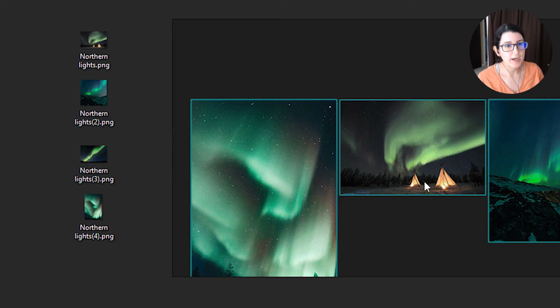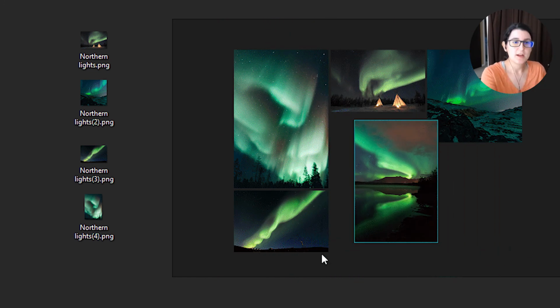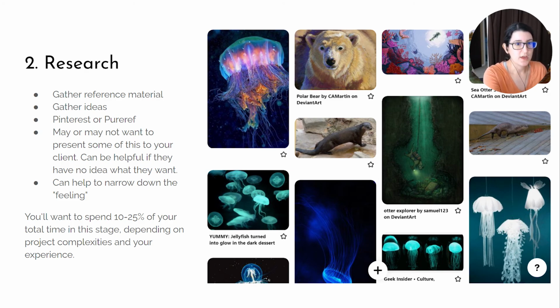It's a free app you can download, and what's cool about it is you can set it up so that it appears on top of Photoshop so that you can see your reference photos as you're navigating around Photoshop. So it's really handy. It can zoom and do all these really cool things and organize the images. Once you've gathered all of that reference material, then and only then are you ready to start drawing.